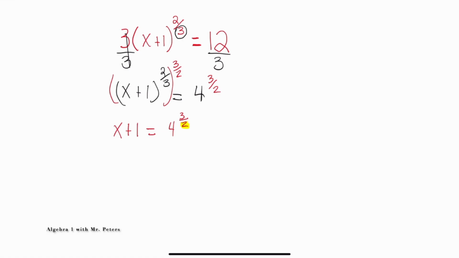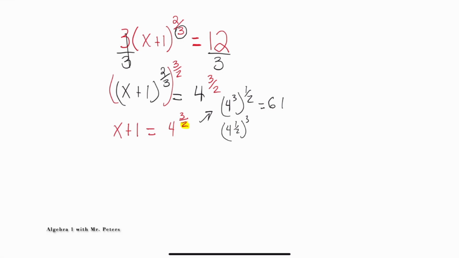So if we simplify this and get an answer to an odd power, we have to use absolute value. So what does this mean? Well, think about this. There's two ways to break this down. We could do 4 to the third power, then take its square root, or we could take the square root of 4 and then cube it. If we look at the first instance, this is going to give me 4 to the third